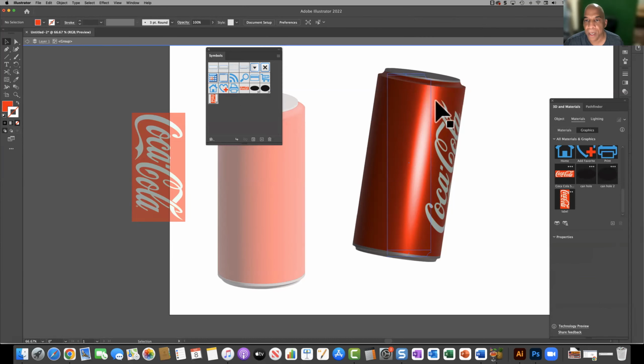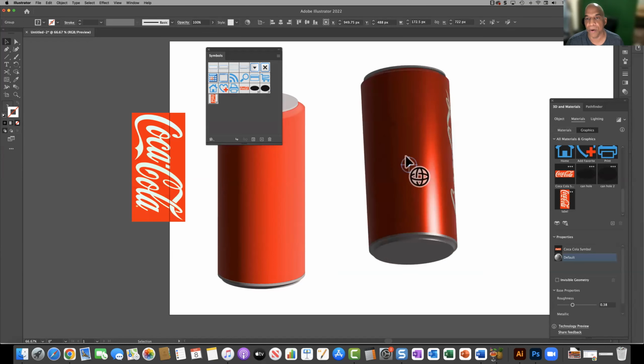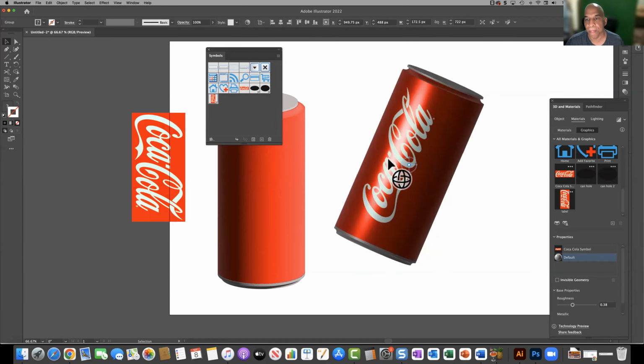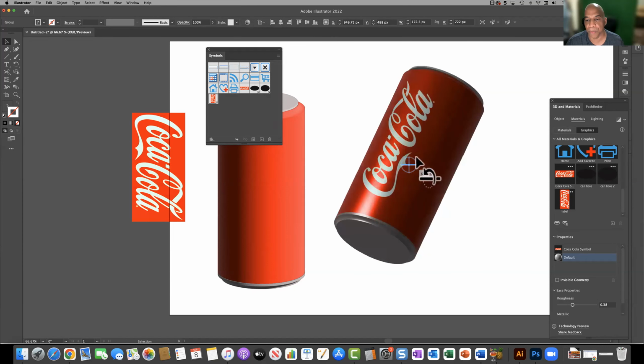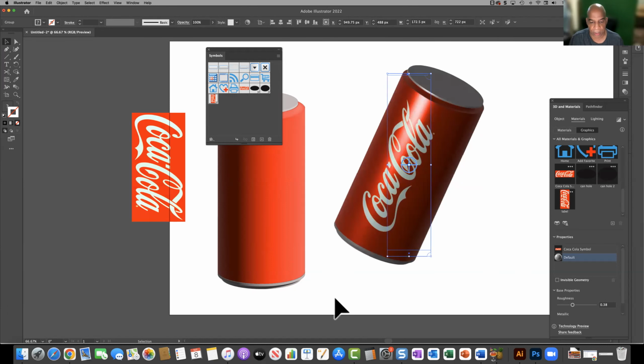Okay, let's see. That's it right here. And I'm going to scale it a little bit bigger. And you see, I kind of gave a little lip at the top of the can, probably a little bit more than I wanted to, but you guys get the drift, right? And now when I go out and try to rotate this again, it's still gonna rotate without much fuss. And you can rotate this thing however you want. You can animate it too. I guess what I was trying to do is,